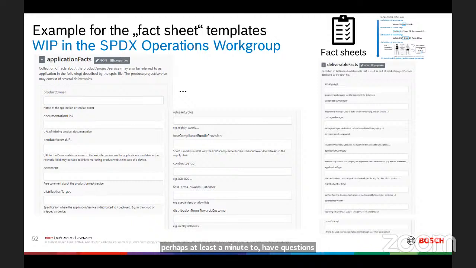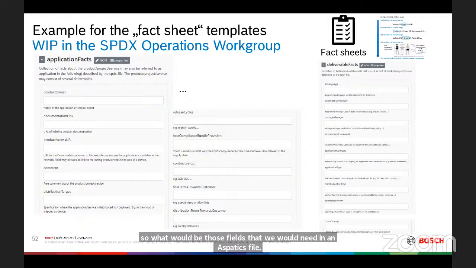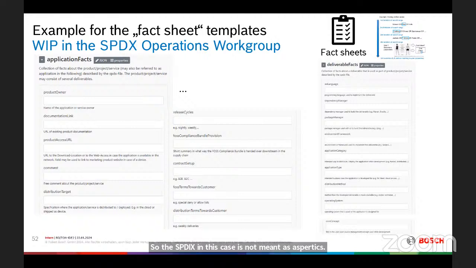Here we are working currently in the operations work group, as I said, on what could be a fact sheet. So what would be those fields that we would need in an SPDX file. SPDX in this case is not meant as SPDX SBOM, but you might already know that SPDX now with version 3 has different profiles. That gives us the opportunity to also